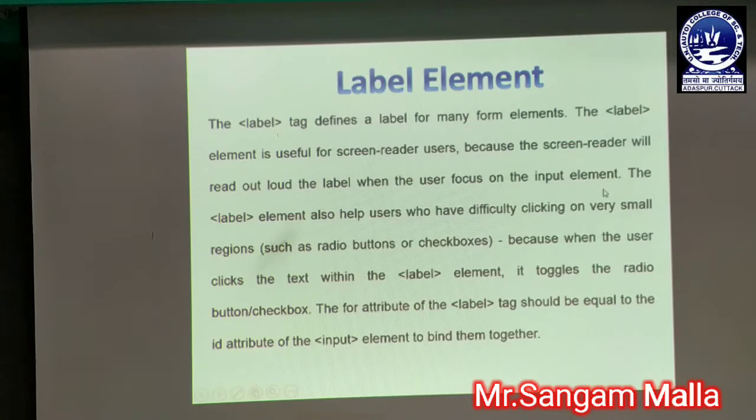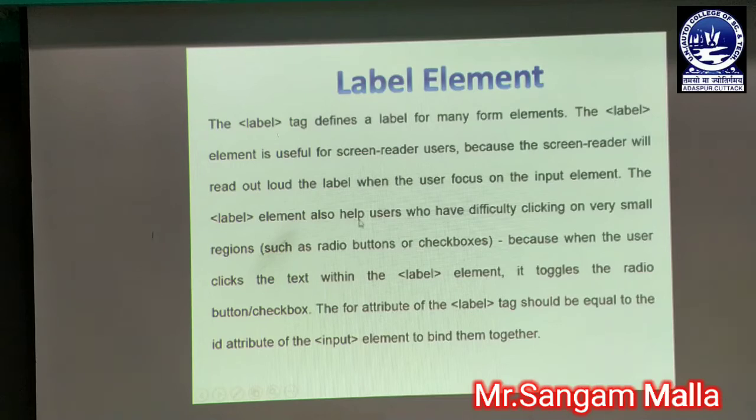That means whenever the web page is loaded, at that time there may be a confusion that the user has to input what values they have to give in the text box. At that time the label helps the user to find out what type of text must be allowed in the text box.